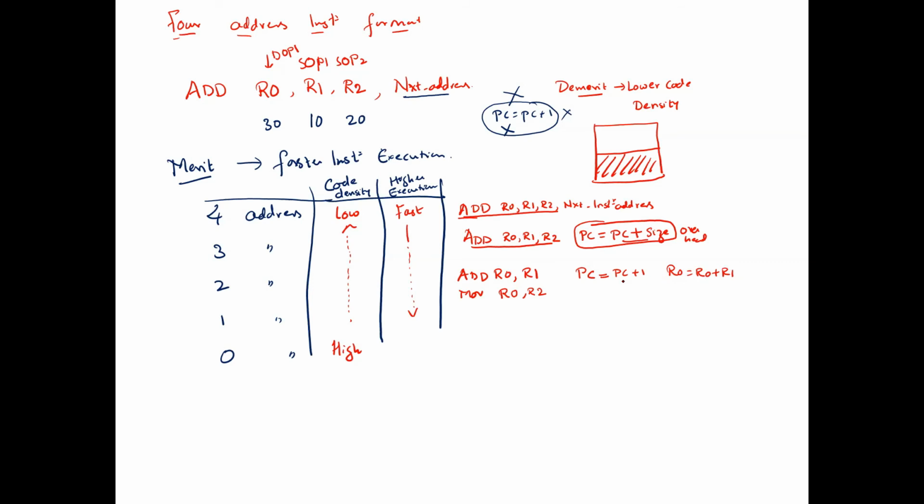Is it possible? After completing the execution of this instruction, only then can the next instruction be executed, because one of the operands is depending upon the previous operand, right? So we cannot overlap these instructions. We cannot overlap the instruction execution because the operands are dependent. No doubt, the next instruction after add is move only, but move cannot be overlapped.